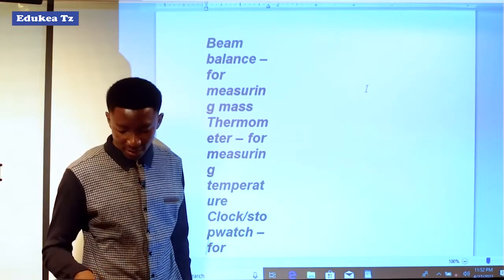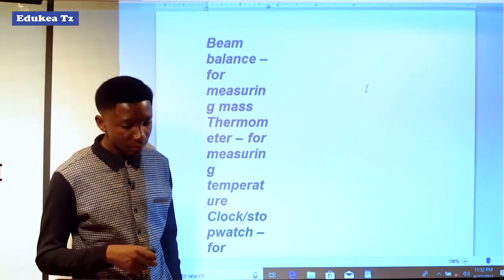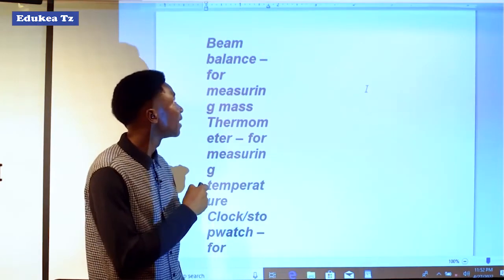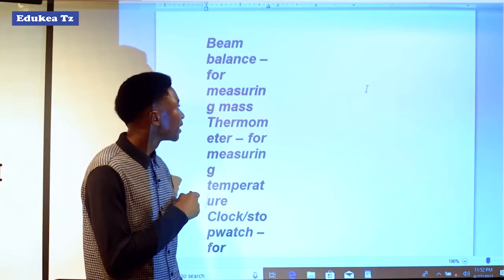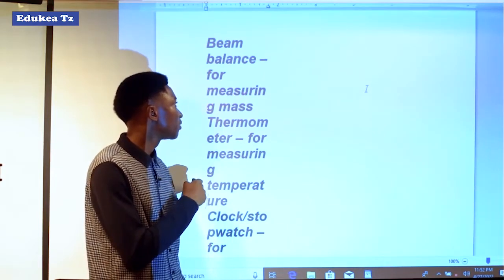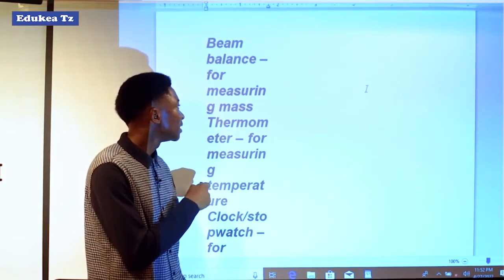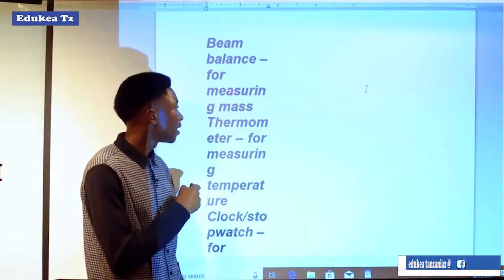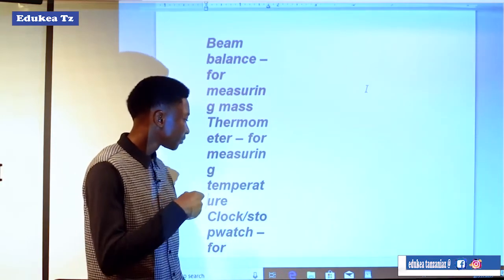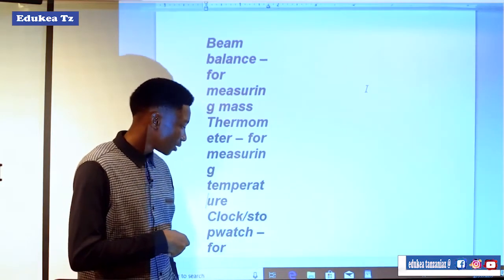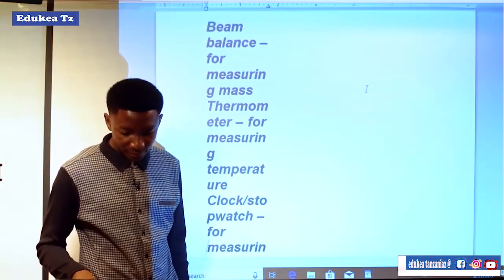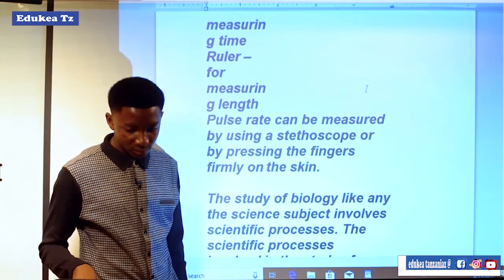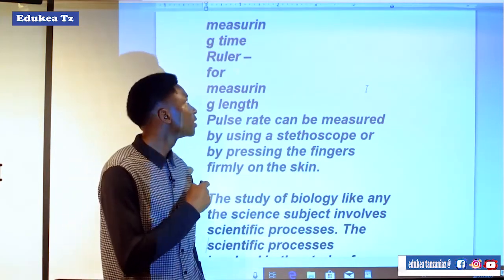There is the beam balance. These are the devices or instruments used for carrying out experiments. The beam balance is for measuring mass, and the SI unit of mass is the gram. So beam balance for measuring mass, thermometer for measuring temperature, clock for measuring time,